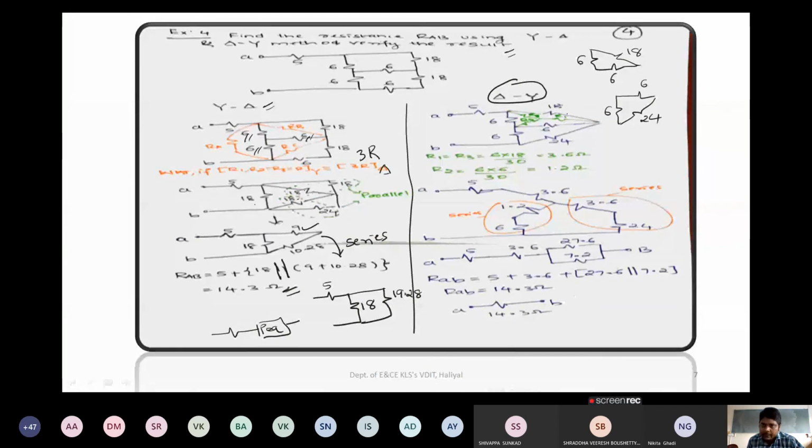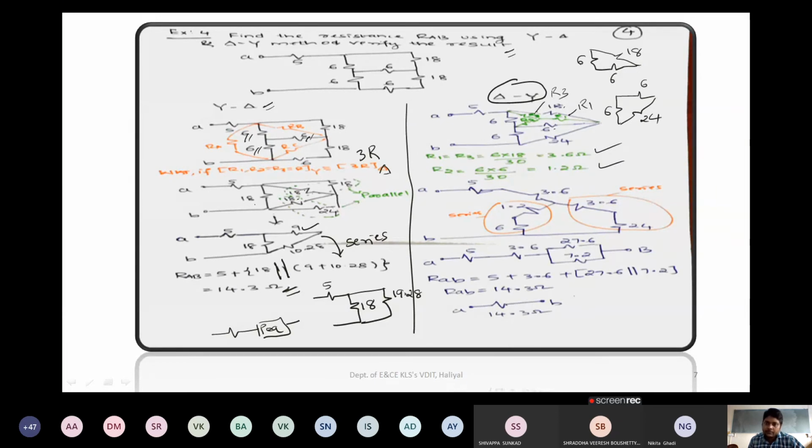So I have applied here, I have taken this as R1, then this is R1, this is R3, and this is R2. Okay, so if we check here R1 and R3, you can calculate easily because adjacent values are same. R1 adjacent value is 18 ohms and 6 ohms. R3 adjacent value is again 6 and 18. So you can do that. You will get 3.6. But R2 is having adjacently 6 and 6. 6 into 6 divided by summation. What you will get is 1.2 ohms.